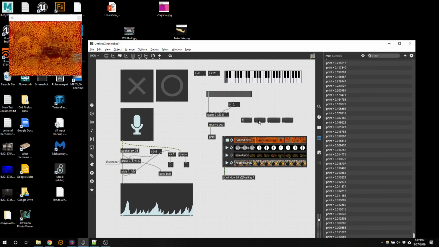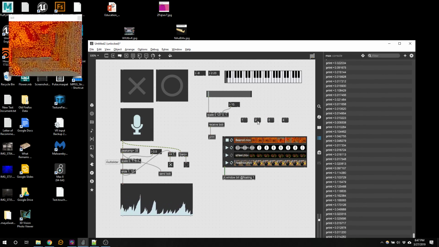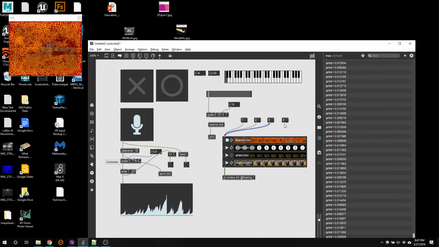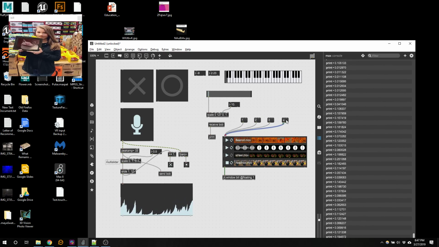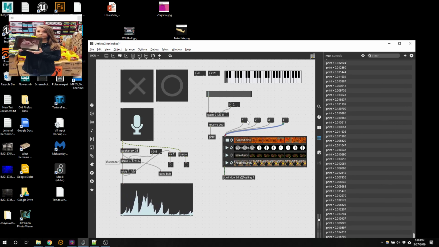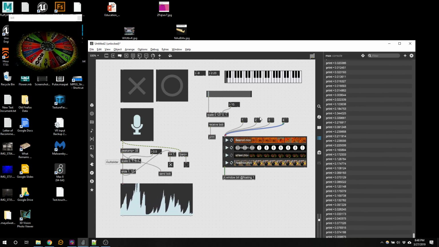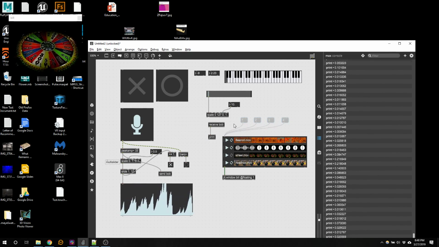1, 2, 3, 4. Cool. 1, 2, 3, 4. Right? I can now do this and choose it. So now I'm getting close to VJing something, right? I now have mouse control over doing video output. Okay? I'm going to look at the help file for playlist,